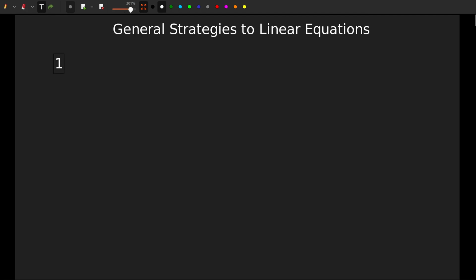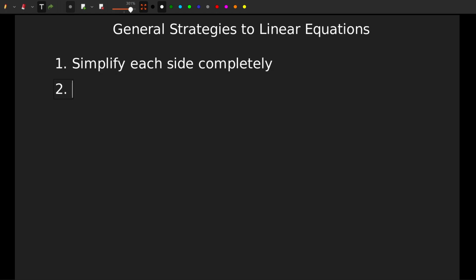So step number 1 is when we have a linear equation where we have one variable on one side, another variable on another side, and an equal sign in the middle, we first want to simplify each side completely. Okay, so we want to simplify the left-hand side into its most basic pieces, and we want to simplify the right-hand side into its most basic pieces. Okay? And then for step number 2,